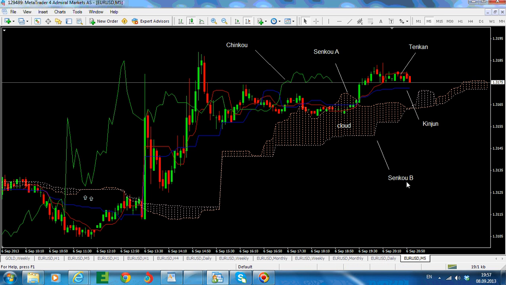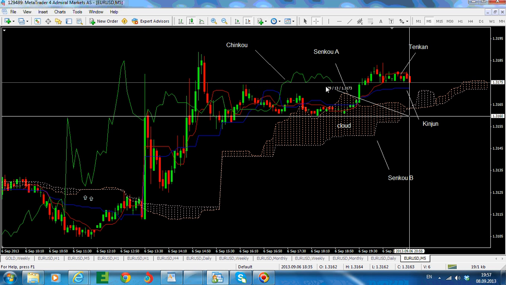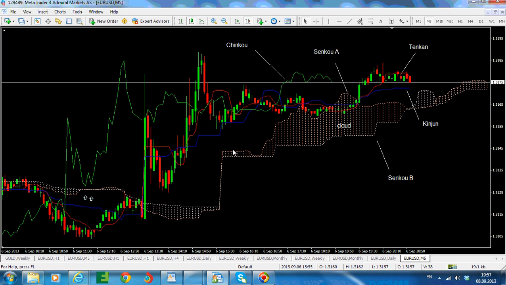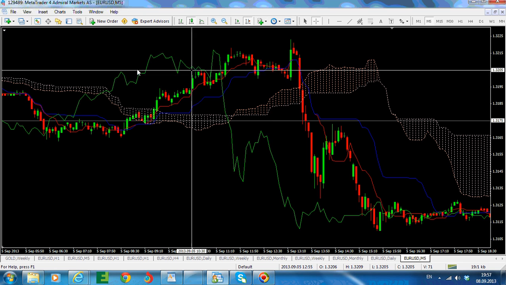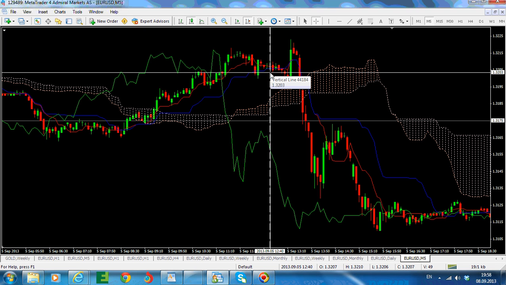For example, on our 5-minute chart here, it is easy to identify the Chinkou as the green line ends here. So normally this is 26 periods, you don't even have to calculate it. But if you go back in time, let's say here, and you're looking at the price now, you need to try to identify where the Chinkou was. So you need to calculate 26 periods from the moment of price. If this is the price, then 26 periods back, this is where the